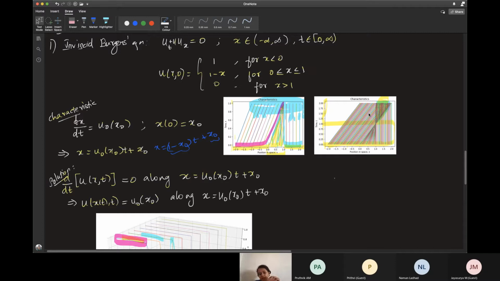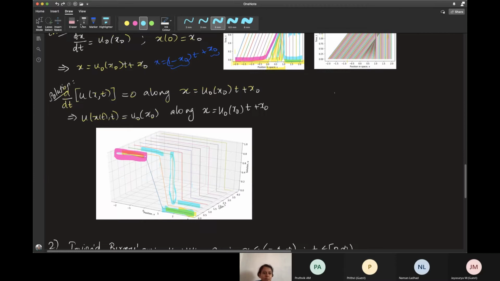So we must go on to identifying some specific characteristic. Let's go on to identifying some specific characteristics. Say, I'm just going to let's say this is a characteristic, and we are just going to draw some specific characteristic, and to the left of this characteristic we'll define the solution in some way. That is okay, let me draw it separately.